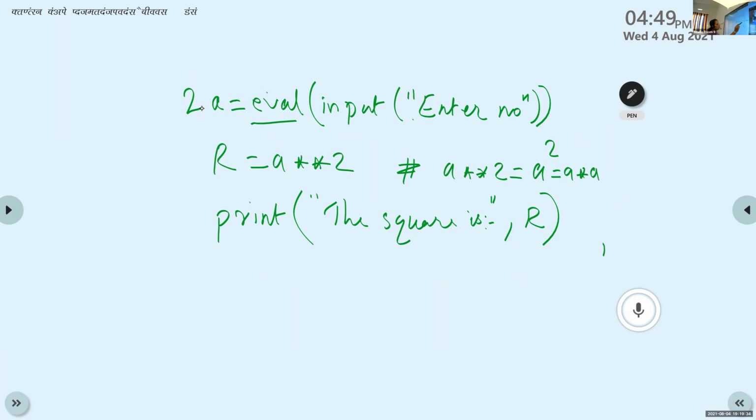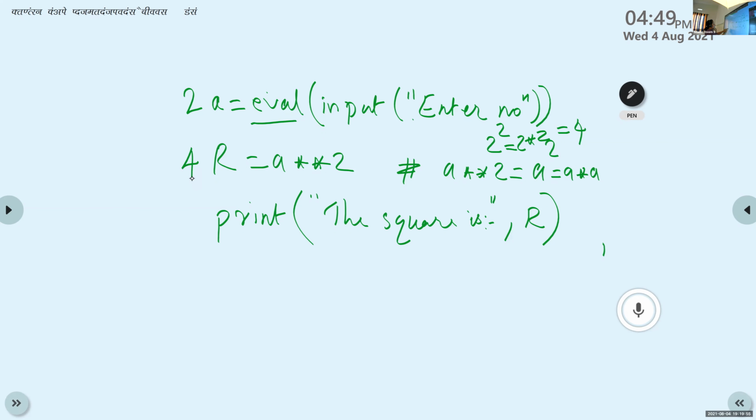Here, what is the value of A, Amal? What is the value of A? 2. Yes, it is 2. So 2 raised to 2 is equal to 2 into 2. The answer is 4. So that 4 is assigned to R.